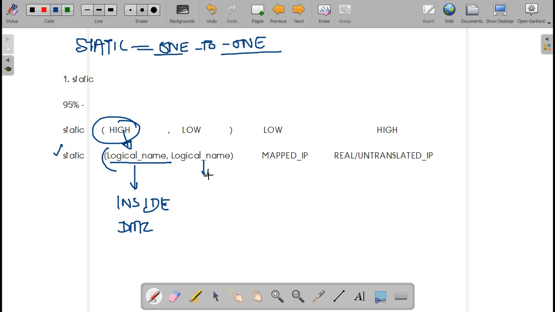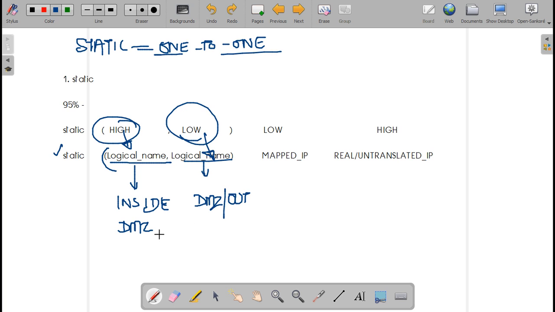In this, you need to write down the logical name of the interface. In the second place, you need to write down the logical name of the interface available at low security level. So if you are on inside, this could be possibly either DMZ or outside. Okay.